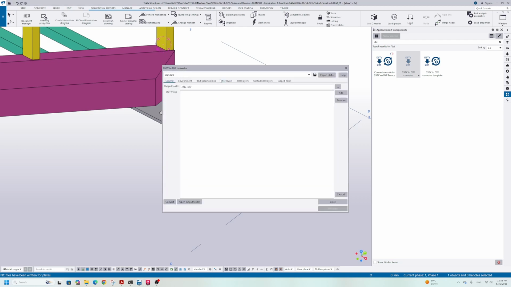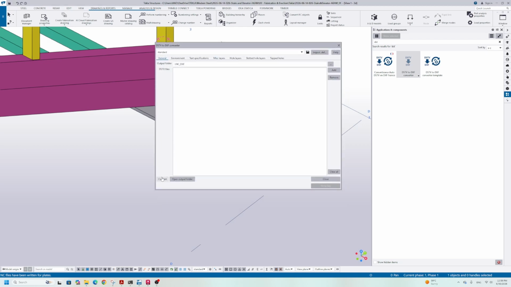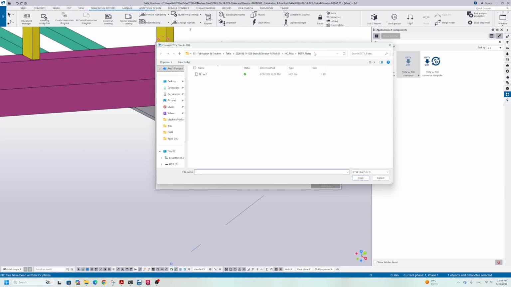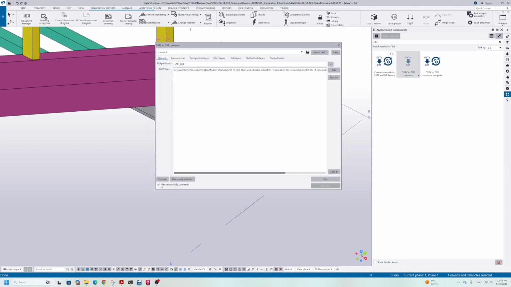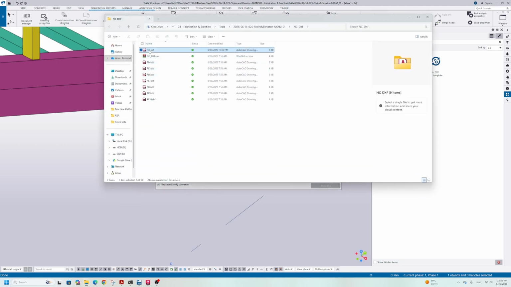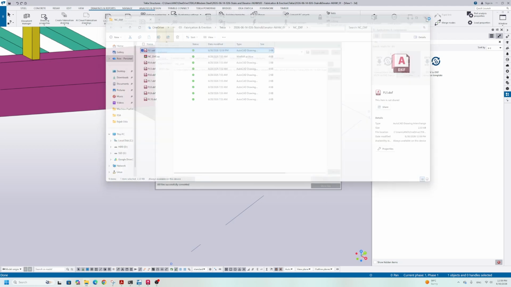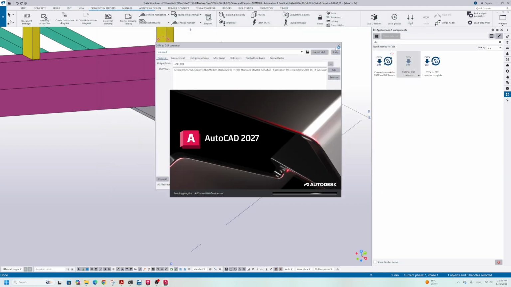I double-click it. Sometimes it opens directly in the Convert section, so you don't have to navigate through the folders. Because searching through many folders is tedious. If you copied the path, just paste it here at the top and press Enter, and you will go straight to the FL1 folder. As you can see, all files successfully converted. Then open the Output folder and you will find FL1 here. That is the first thing, exporting